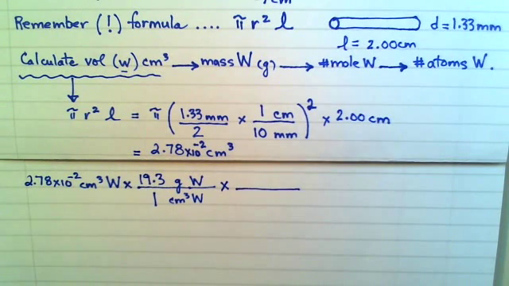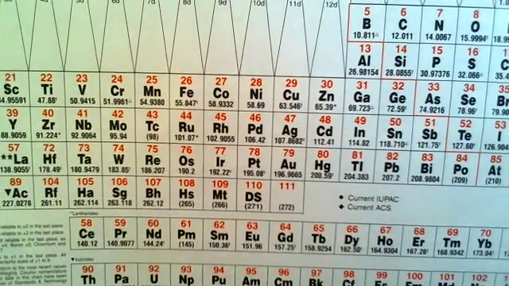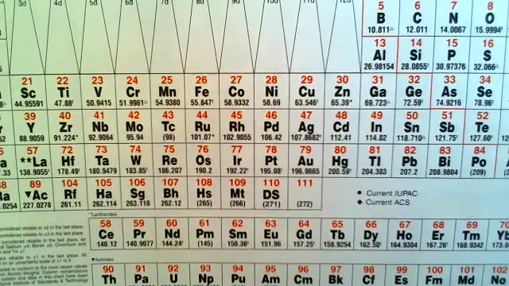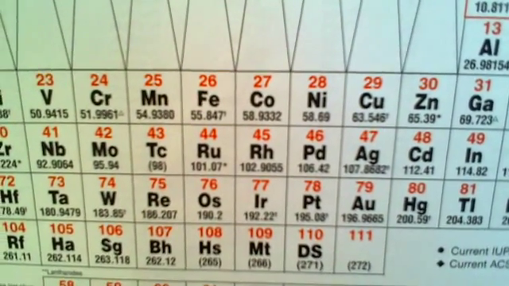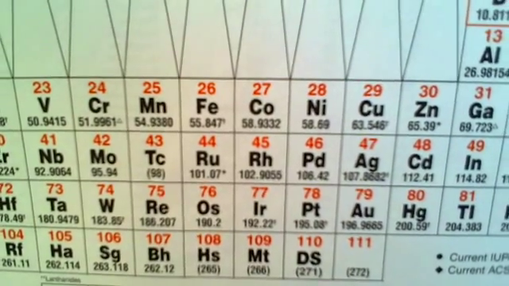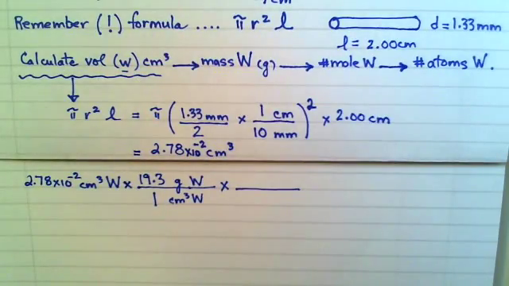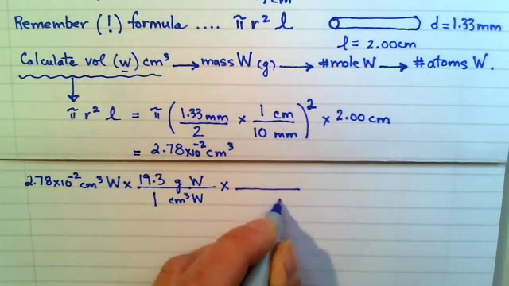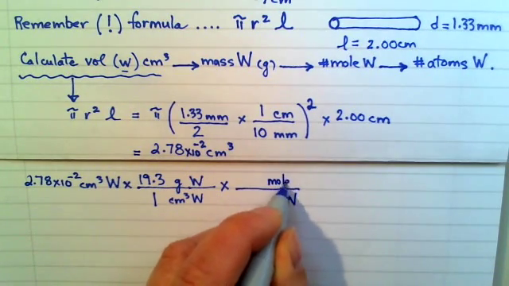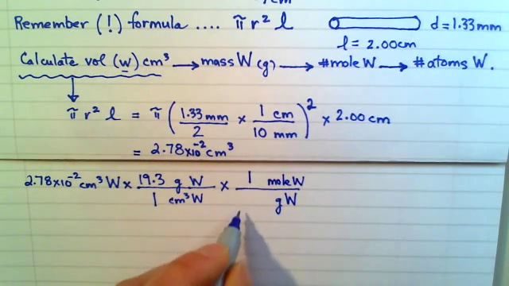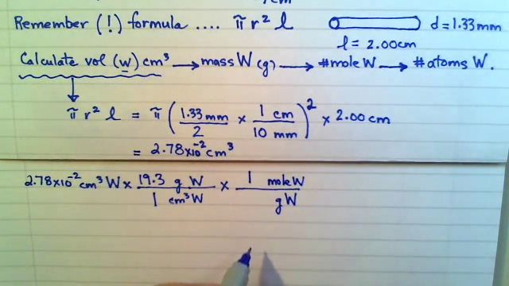In my next step, I'll use the molar mass. We say molecular weight often, we mean molar mass, of tungsten. And so if I look at the periodic table and I find tungsten on here, and that's atomic number 74, let me see, there you go, the molar mass of tungsten is 183.85 grams per mole. So I want to convert out of the unit grams and into the unit moles. So 1 mole of tungsten is, as I said, 183.85